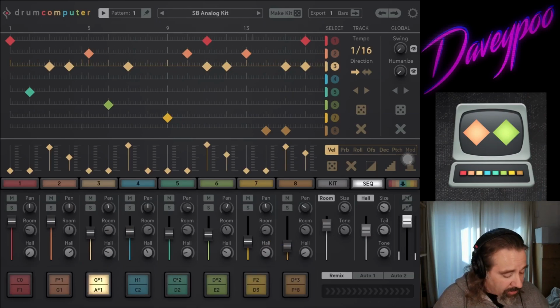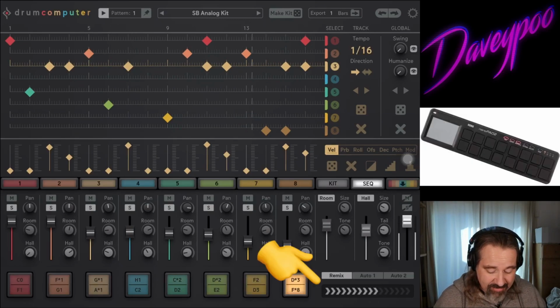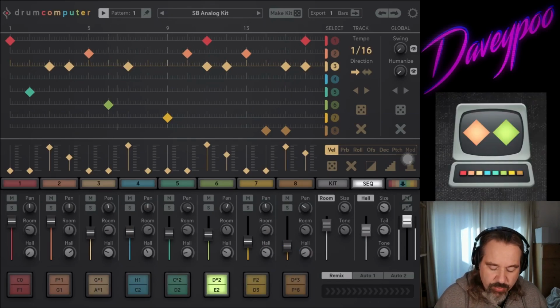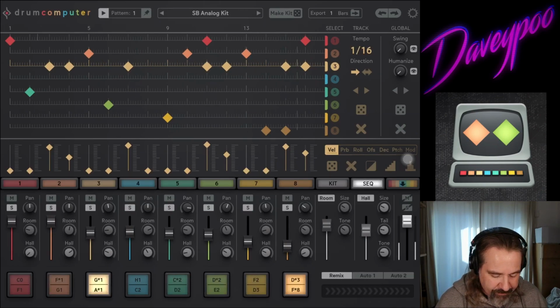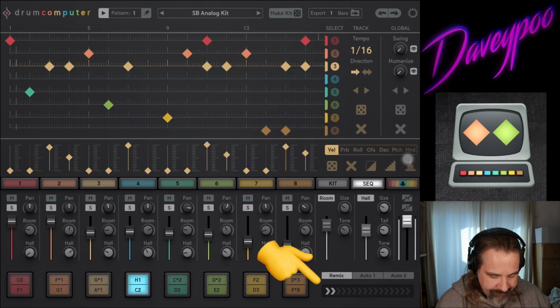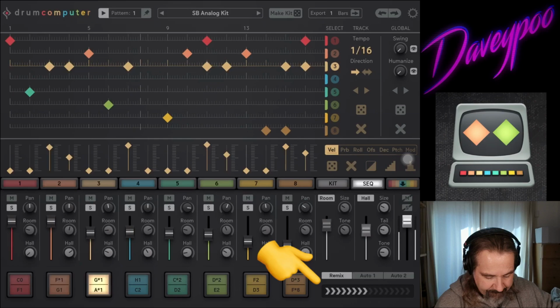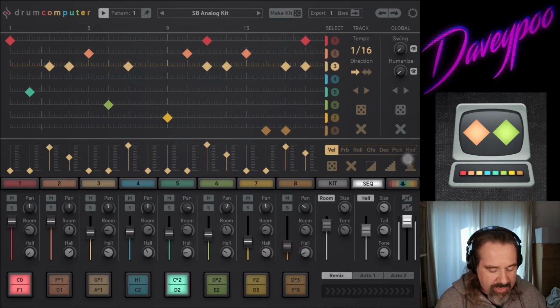And I can do that all live with my XY pad. And each one of these positions of the arrow is like a different drum fill. Let's see. Okay, so you get the idea here. So by just mixing it up,